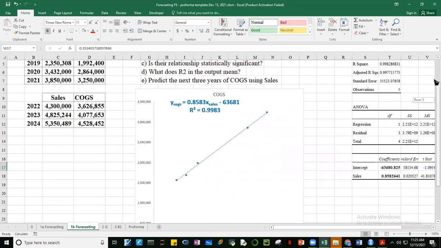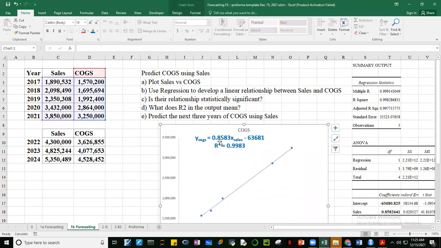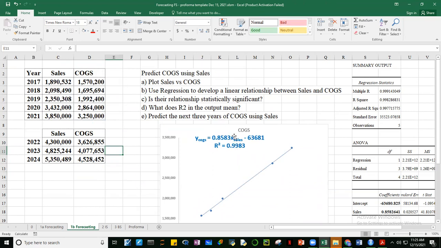Okay, so that answers the question. Relationship statistically significant. R squared, sinagot na rin natin. Predict the next 3 years of cost of goods sold. Ito na yan. Okay, assuming that your sales is, we're using the predicted sales from the regression output. Okay, i-check nga natin to guys yung 0.8583 na to. This one. If we subtract this,